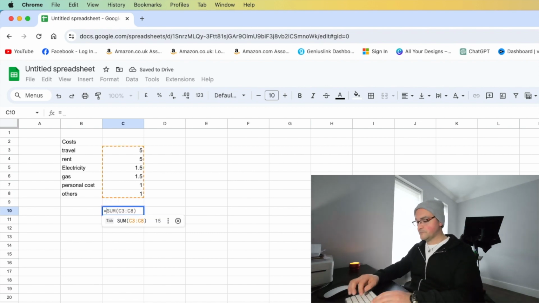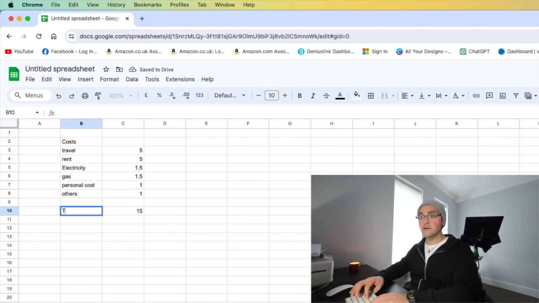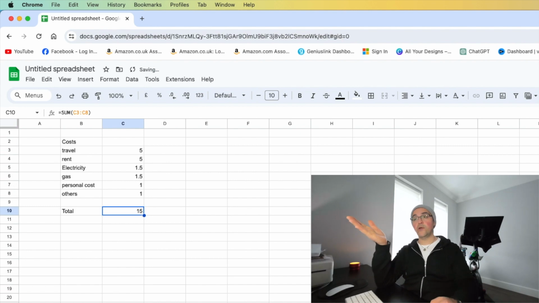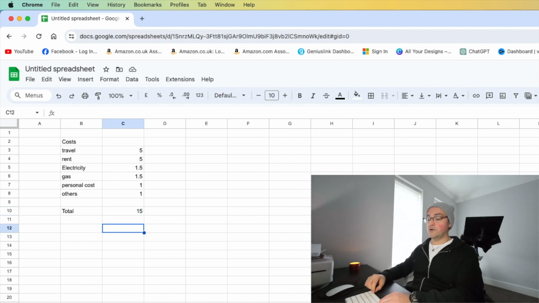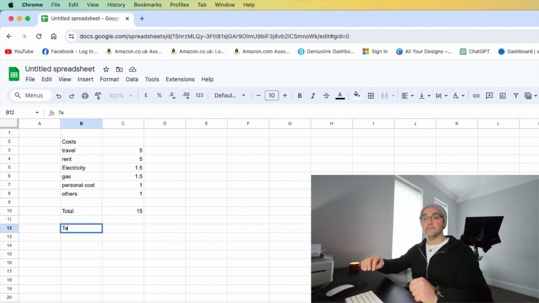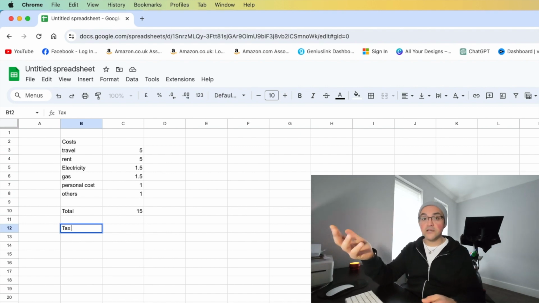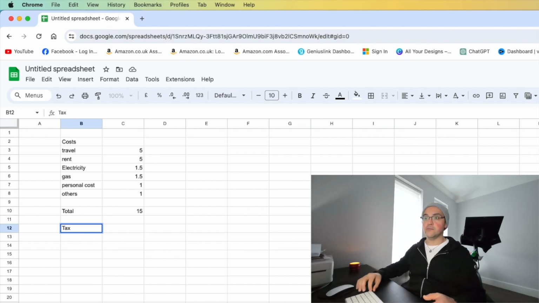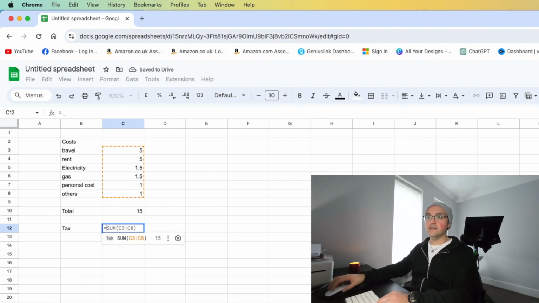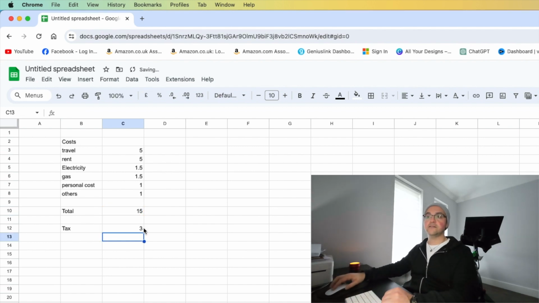So now let's have a sum of that one. So we have a total of £15. So we know already how much we are going to charge on that. Obviously, one thing we did not consider is this guy here, taxes. Okay, most of us, when we price for personal training, we don't consider the fact that we have to pay taxes on it. And a good way to round up the numbers is to have a 20% added to the number that you're generating. So 20%. So is added £3 on the top of it.